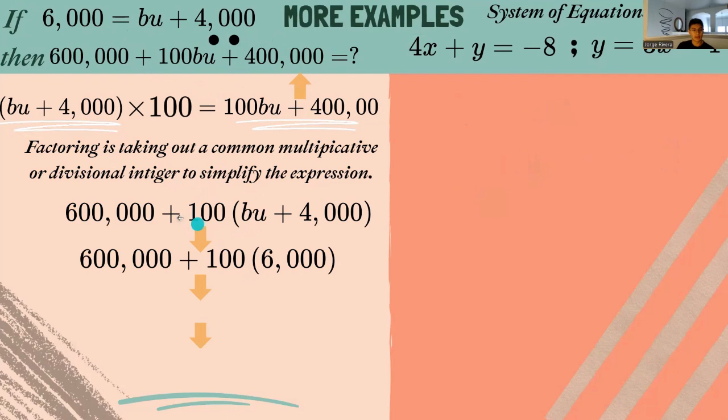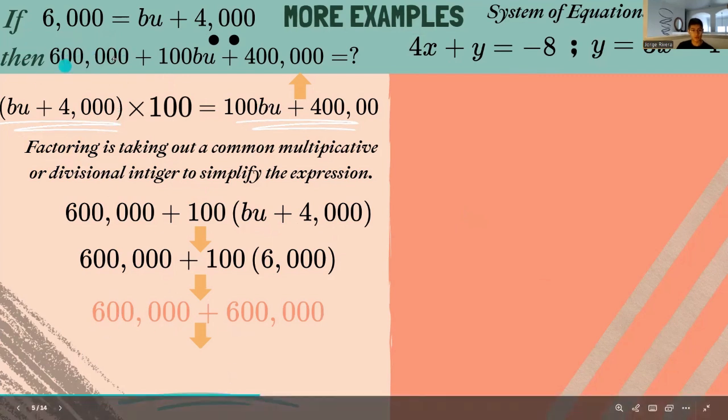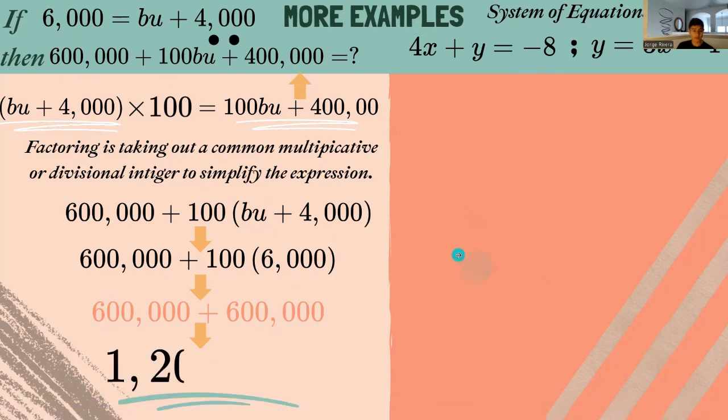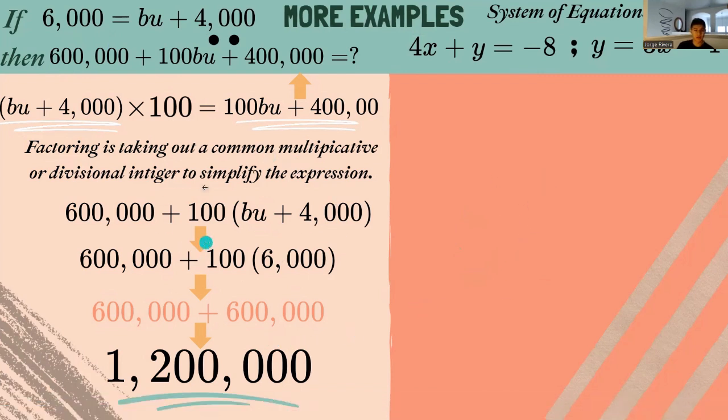So we have 100 BU plus 4,000, right? And since BU plus 4,000 is also equal to 6,000, we can just plug it in with 100. So that means the final equation is basically just going to be for this value plus this found value. It's going to be 600,000 plus 600,000, which is going to be 1,200,000. So what I'm trying to say is that you have to look for similarities in these